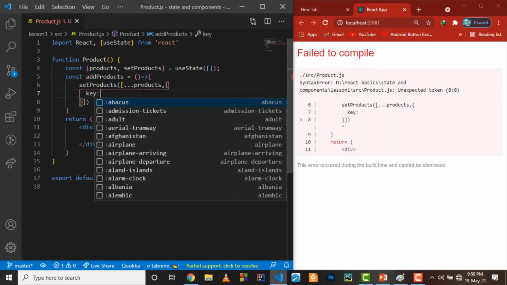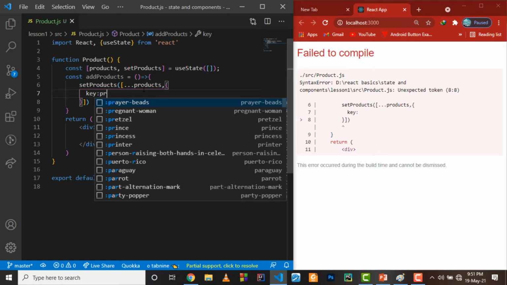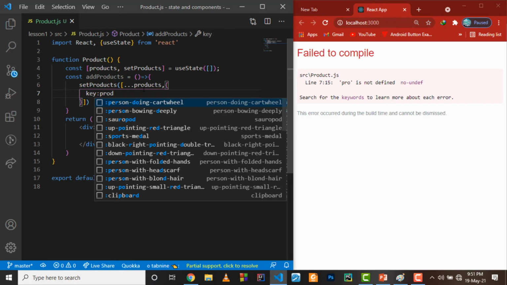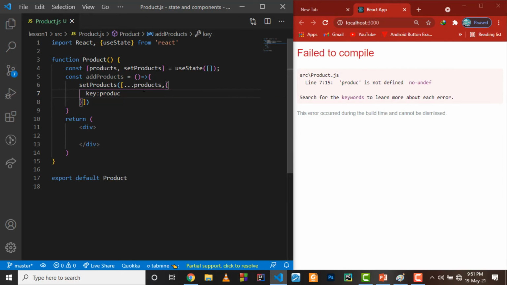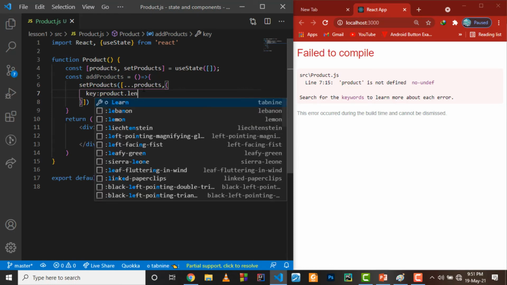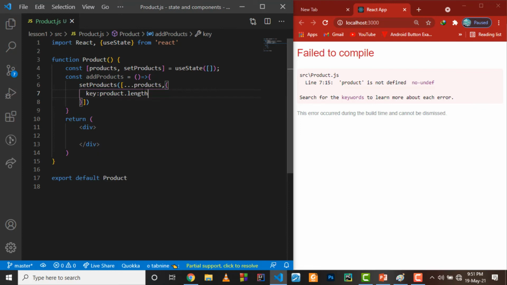So the key will be equals to product.length, product.length, like this,